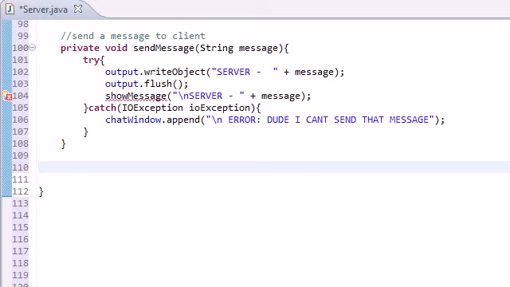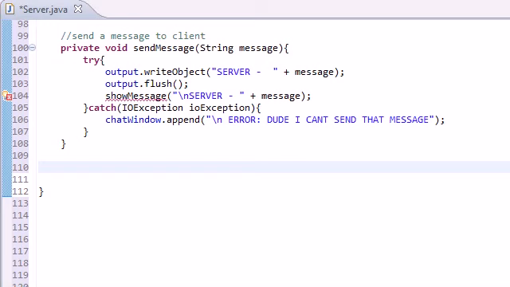Alright guys, welcome to your 46 tutorial, and in this lesson we're going to be working in the main chat window. The chat window where everything gets displayed, all your little prompts that say closing connections, waiting for a connection, and also when you're having the conversation, this is where all of your messages are going to appear, such as,